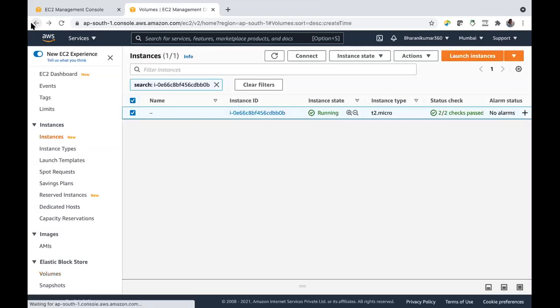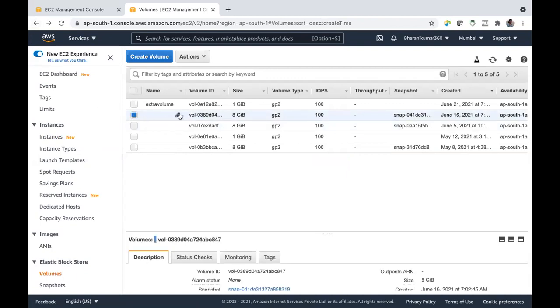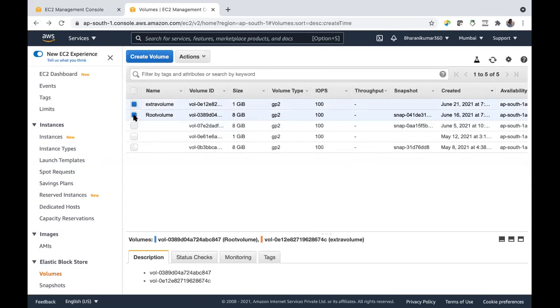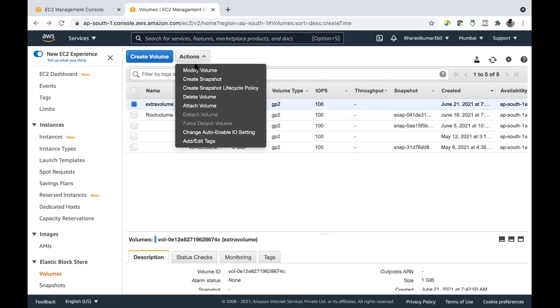So let me call it as root volume. This one is root volume. This is extra volume. Root volume, it comes by default when you create EC2 instance. I have created EC2 instance on 16th June, and this is root volume attached to it. Now I want extra 1 GB volume, so I am creating this extra 1 GB volume. After creating this, what you have to do, you have to attach with your instance.